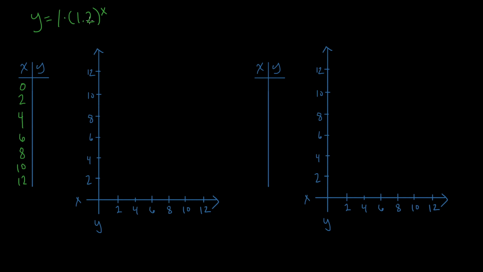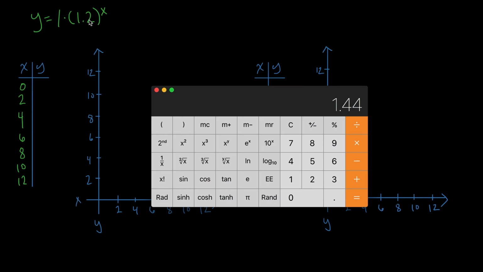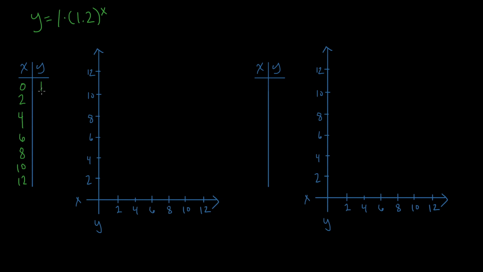And then to figure out what y is equal to at these points, I'm just going to use a calculator and evaluate with a calculator. And so for x is equal to 0, well, I don't have to use a calculator for that because I know that anything to the 0th power is going to be 1, and 1 times 1 is 1. And so y is just going to be equal to 1 whenever x is 0. And then to find